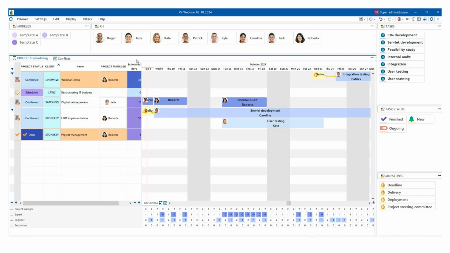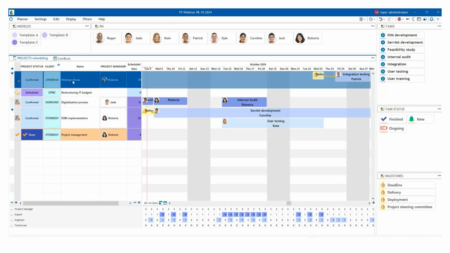I have the scheduled days that I can follow up with different threshold colors that can warn me, alert me, whenever I'm almost about to exceed the estimated days and sold days to the client. So the more the color darkens, the more we are about to exceed our scheduled